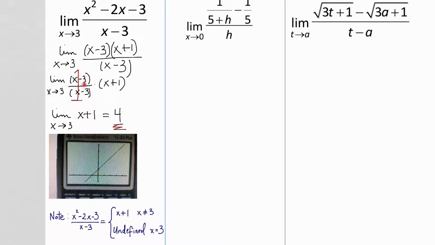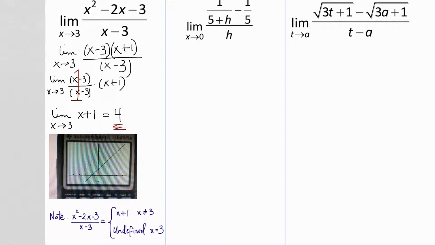And so what's left, if we cancel that out, in effect, we can look at the limit as x approaches 3 of x plus 1. And we can evaluate this with simple substitution. We end up with 4. So 4 is the result. And 4 makes sense in terms of